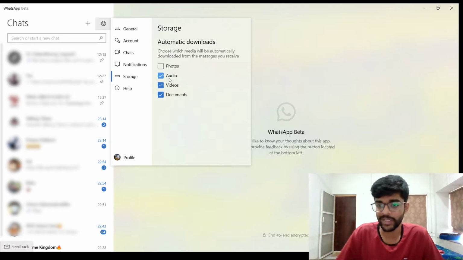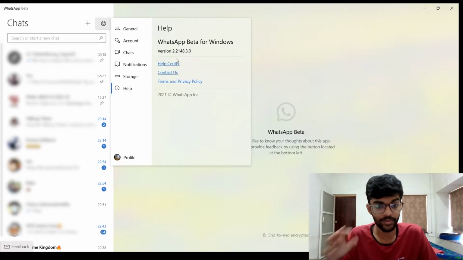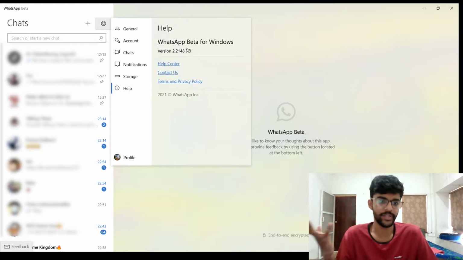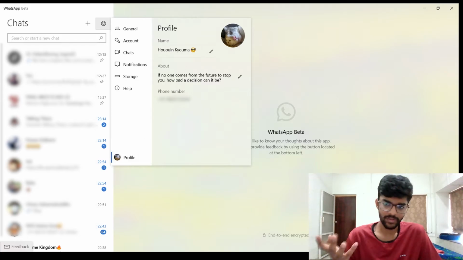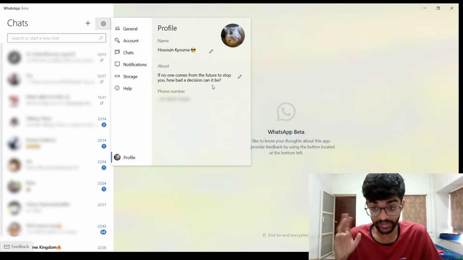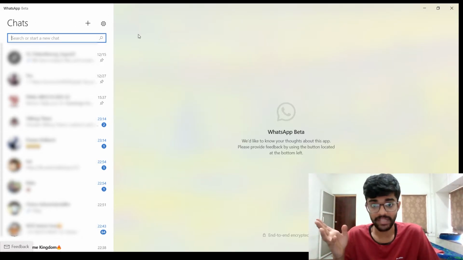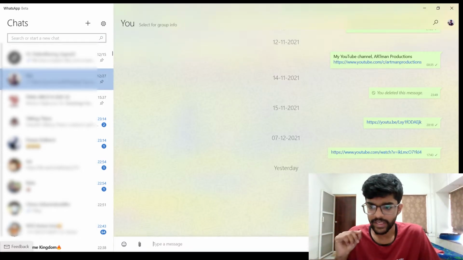We also have the automatic downloads. We can turn it off. That's good, although we can't control the amount of storage or stuff like that, which is, I guess, fine. We have the profile thing, so luckily we can change this. That is good. That is honestly very good. And yeah, that's pretty much it for this one. Now let us look at